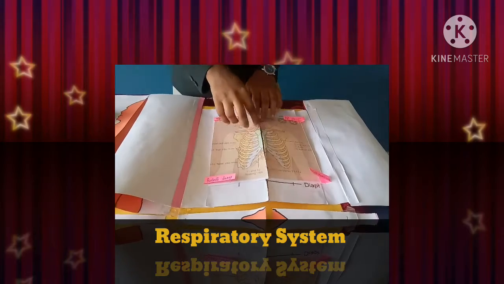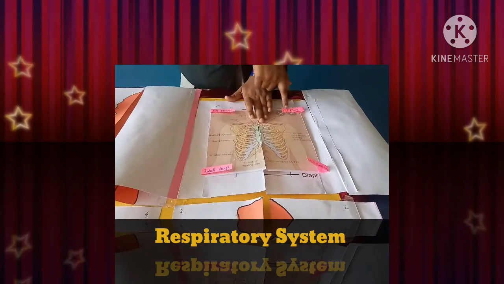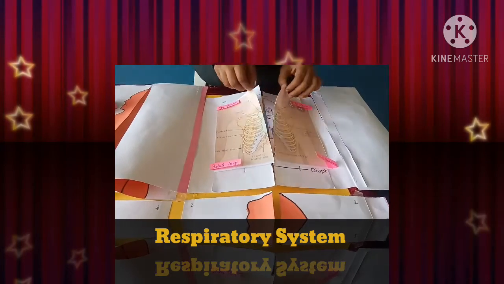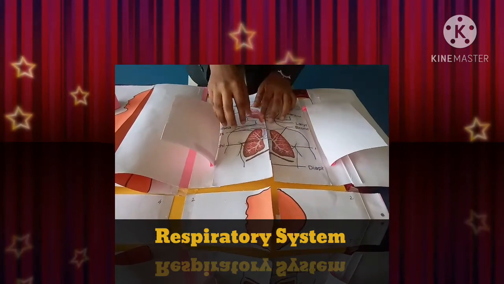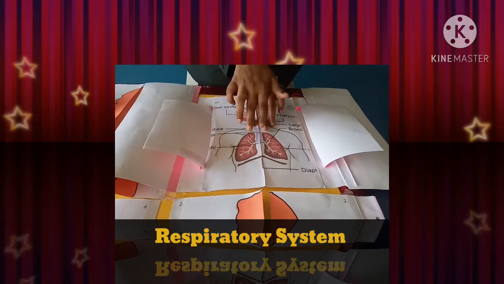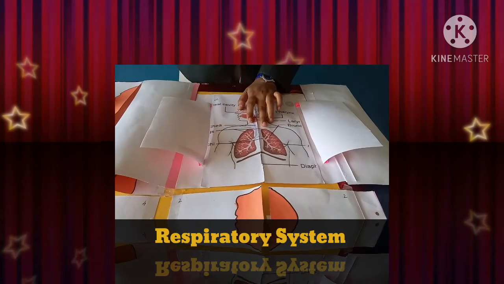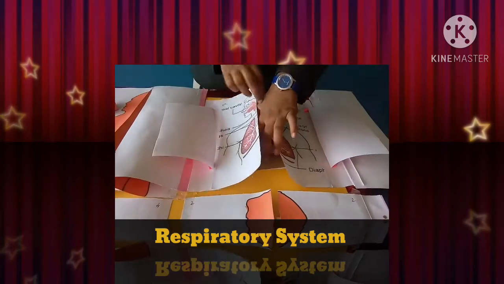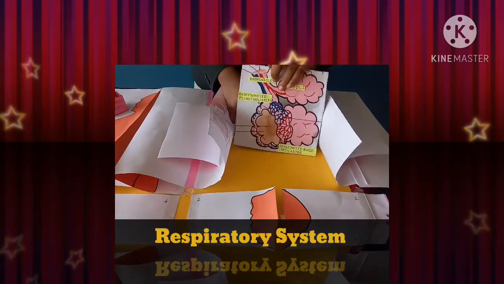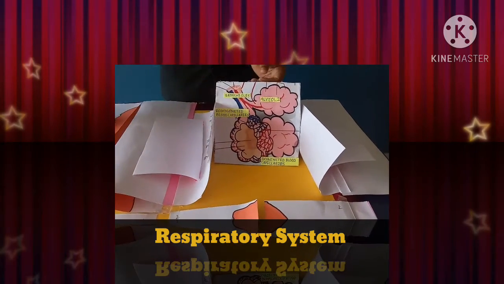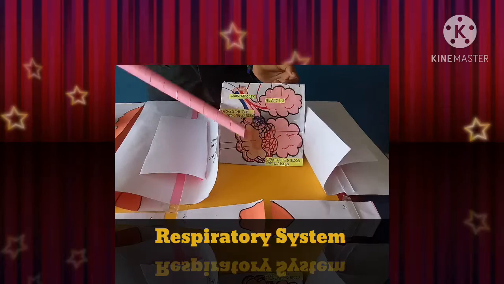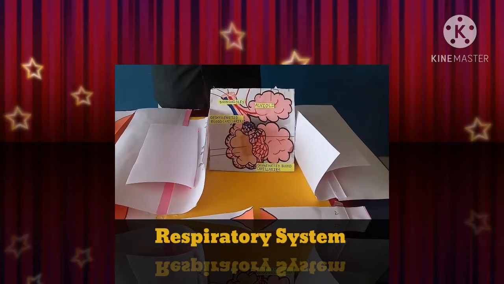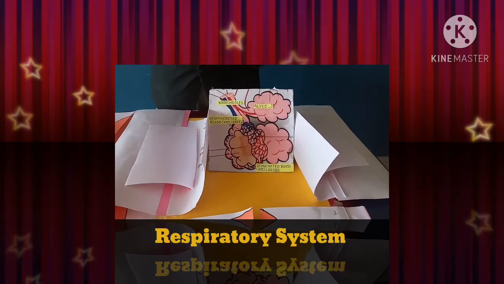When it goes to the lungs, this is the rib cage, the left rib cage and right rib cage, which protects the lungs. Now let's have a magnified image of the lungs. Here, the lungs are divided again and again into smaller tubules, which finally terminate into balloon-like structures called alveoli. The alveoli contain an extensive network of capillaries and provide a surface for exchange of gases.